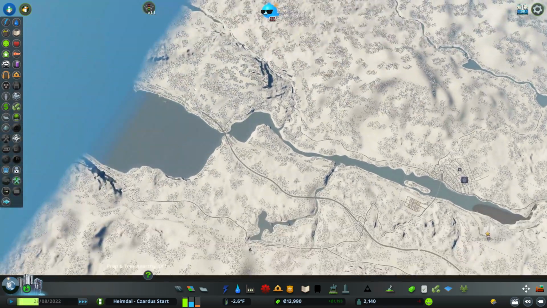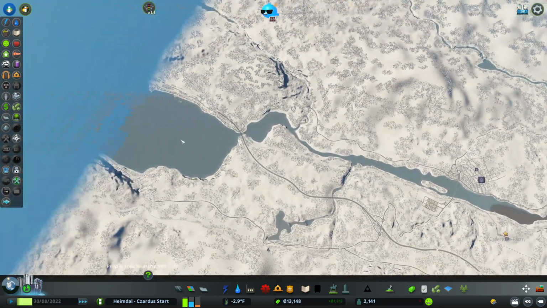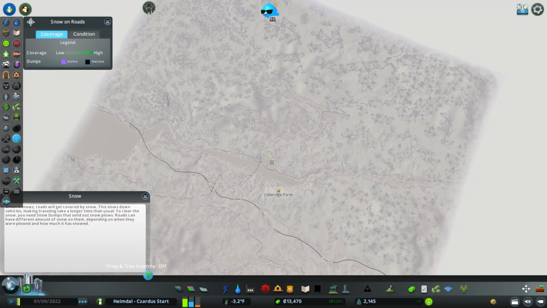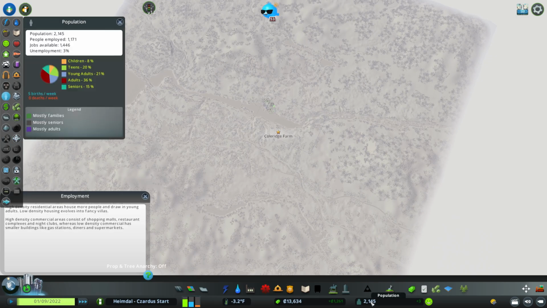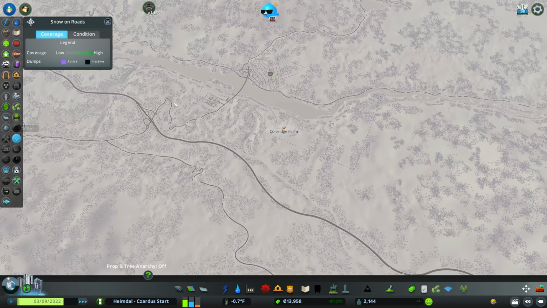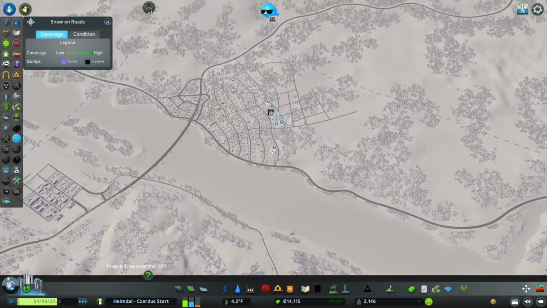There will be a harbor out here, I think. Probably doesn't go very far. You probably need 81 tiles to get to it. Snow, let's see what we got there. Coverage, yeah, we need to...